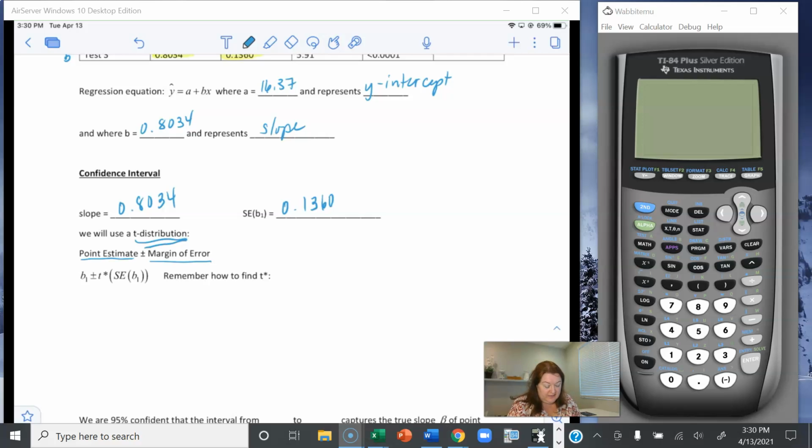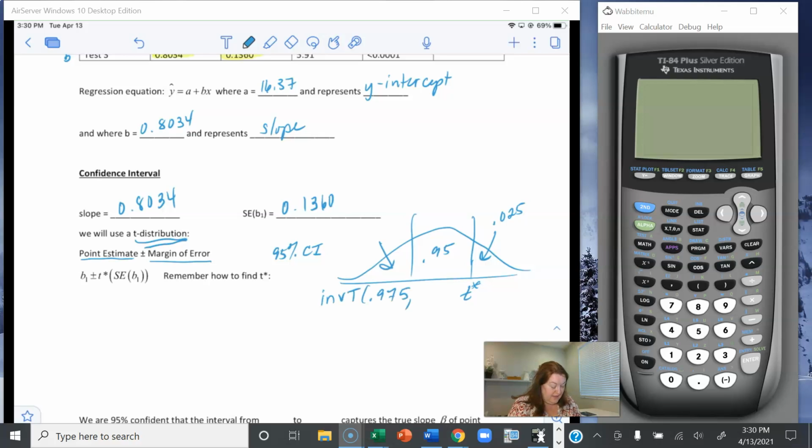If they wanted a 95% confidence interval, we draw our normal curve, put our 95 in the center, and figure out how much is left on the ends. This is 0.025. So we're trying to figure out where this t is. This is going to be inverse t of 0.975, and then degrees of freedom equals